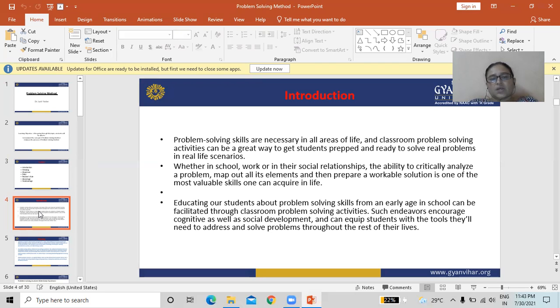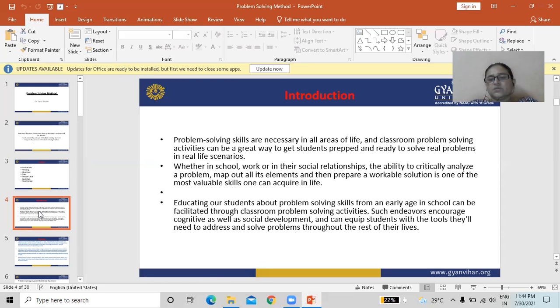Educating our students about problem solving skills from an early age in school can be facilitated through classroom problem solving activity.